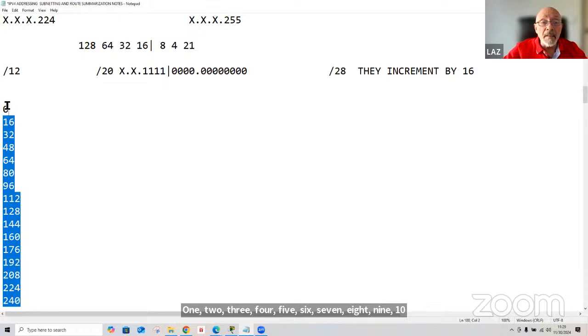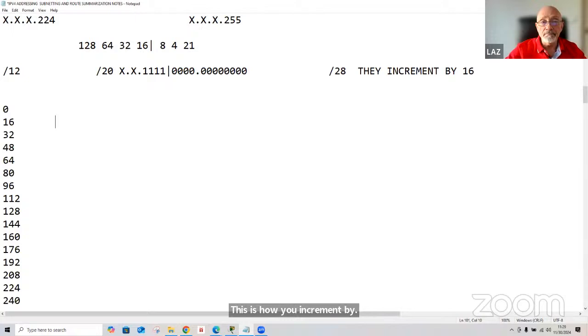This is the incrementation of 16, whether it be in the second octet, third octet, or in the fourth octet. This is how you increment by. So if you were to ask a question,